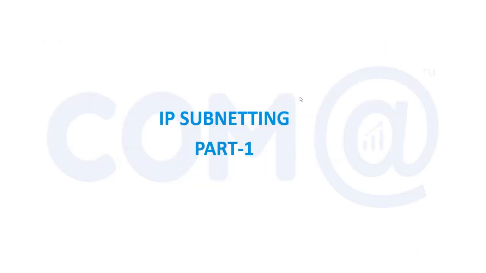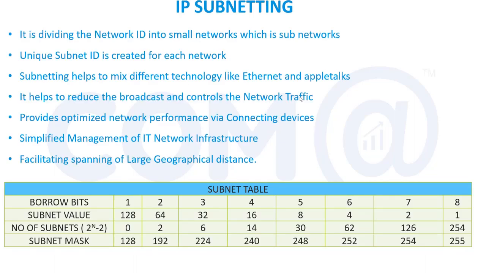So we are going to see about IP subnetting. We have seen about IP addressing. We have class A, B, C addresses which are in use, and other addresses are not used. While using the IP addresses, we have some limitations and we don't want to waste a lot of IPs. So we wanted to segregate based on the requirement. That's the reason we are going for IP subnetting. It is nothing but dividing a network ID into small networks. We call it a subnetwork. So instead of having a bigger network, we'll break that into small networks.